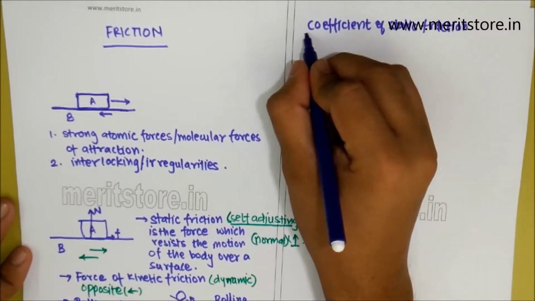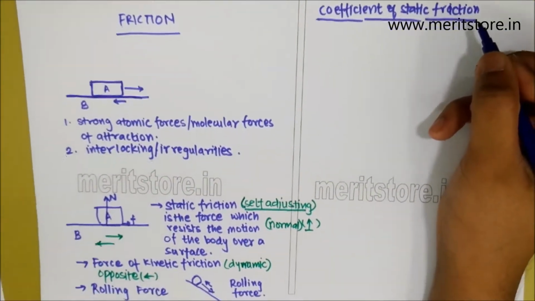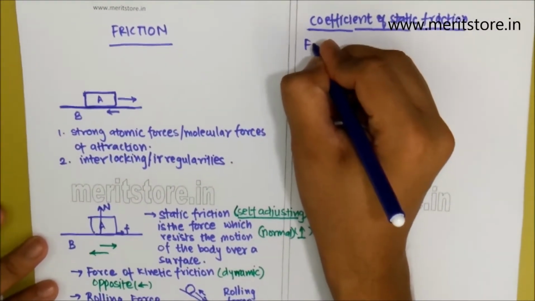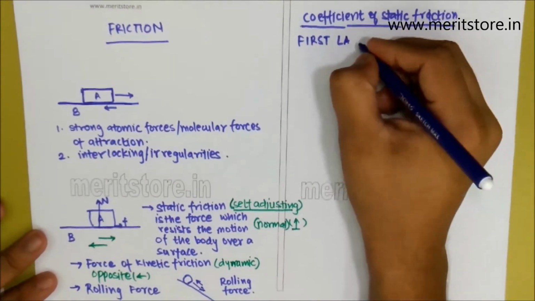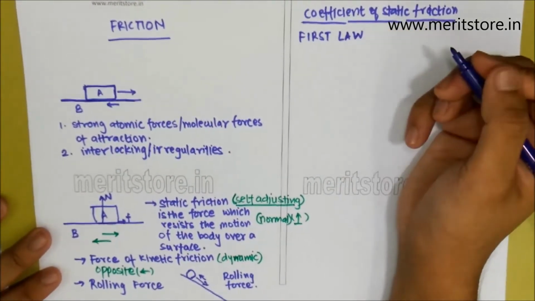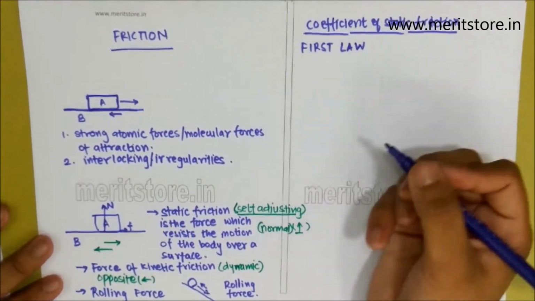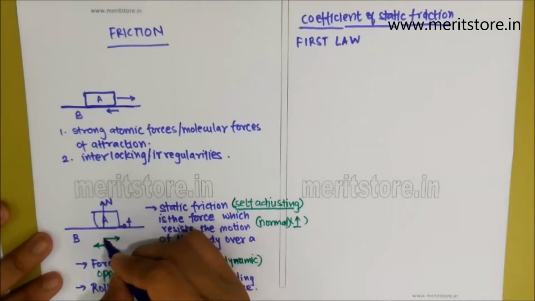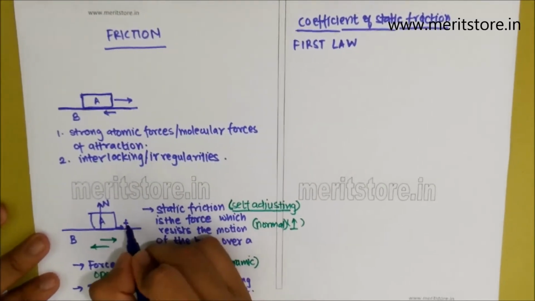This coefficient of static friction comes into play when we study the laws of static friction. The first law of static friction states that the limiting force of static friction is directly proportional to the normal reaction between the two surfaces in contact. So say for example, we have this body placed on the surface, we have the normal reaction N, and